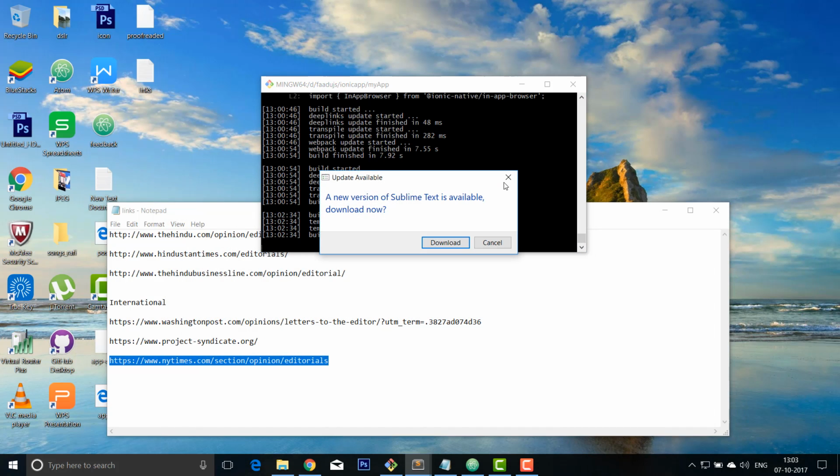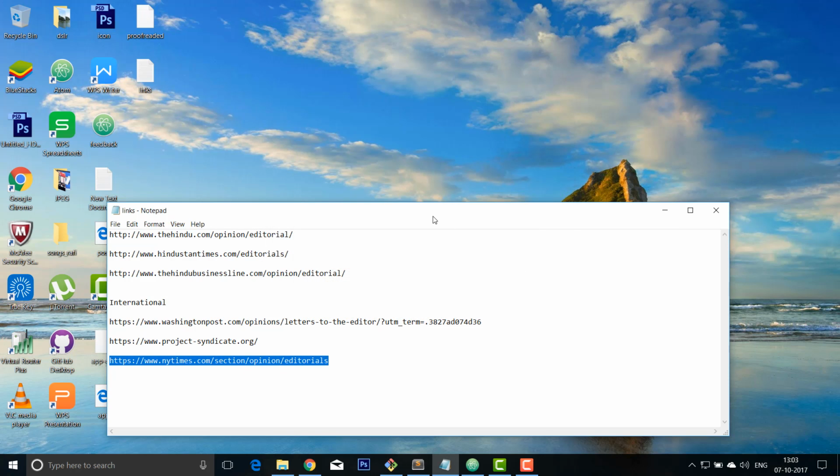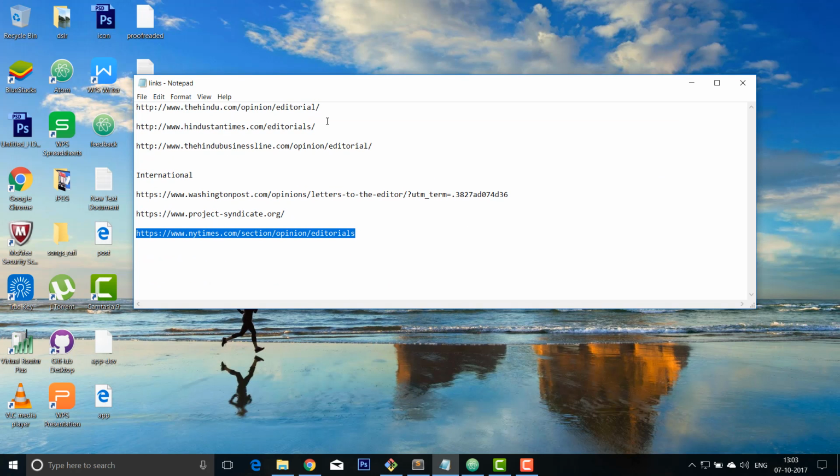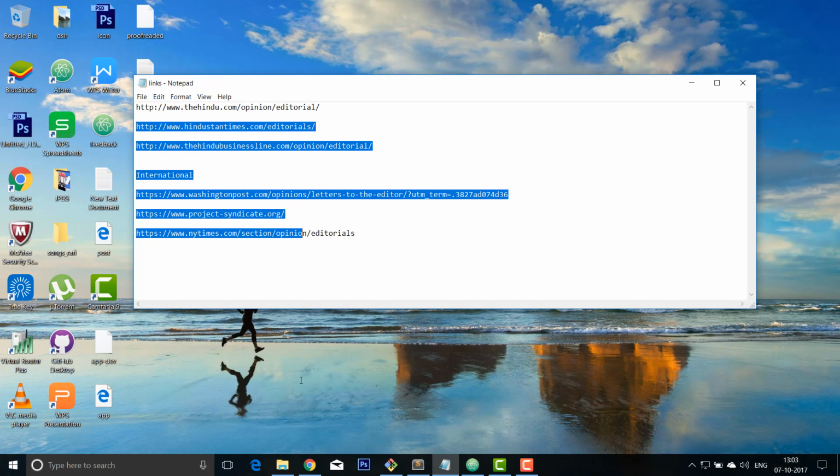So let me minimize everything. So we have these 3: the Hindu opinion editorial, Hindustan Times editorial, Hindustan business opinion, and for international also 3 links we have. So let me give you the demonstration of how I have got this link of the Hindu